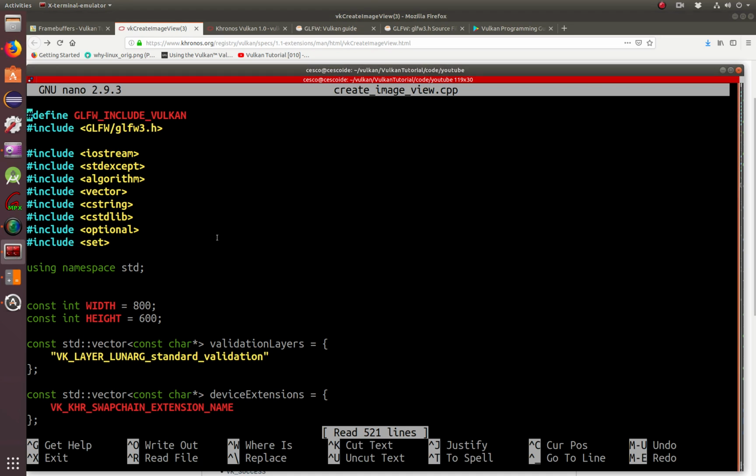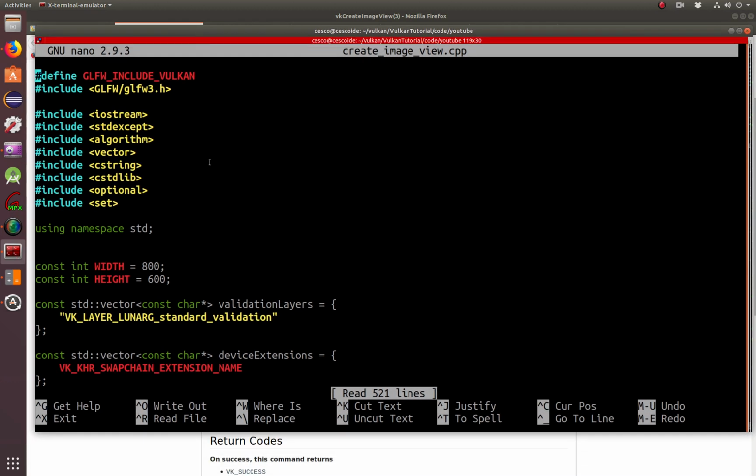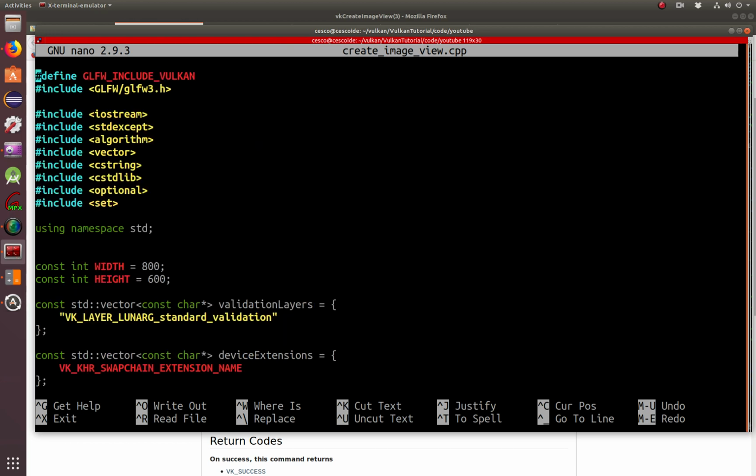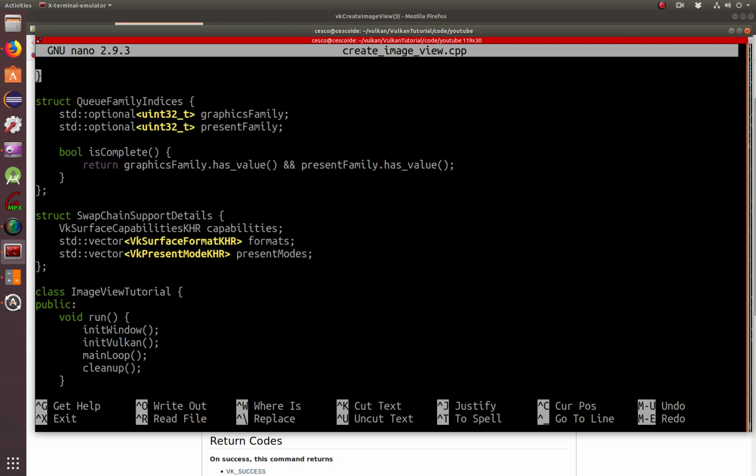This is the code from Alexander Overvoorde's website, and like I said, it's very good and very well maintained, and basically it's very similar to the last tutorial. There are only a few instances that are new, and let me show you. For example, the beginning is exactly the same. As we go down into it, there will be, as you can see,